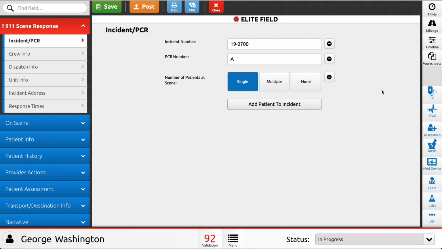The Power Tools over on the right side allow you to quickly enter information into the report pertaining to that particular Power Tool you are using. The information within a Power Tool is the same information that can be entered into the report from the tabs over here on the left side. The exception to this is the Labs Power Tool. Since this is a 911 scene response, there is no reason to enter labs into the report, but if this PCR was an inter-facility transfer,